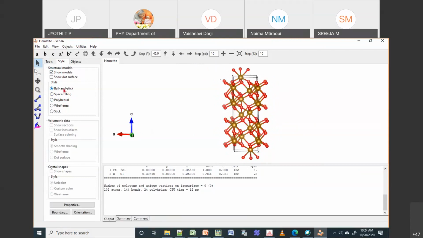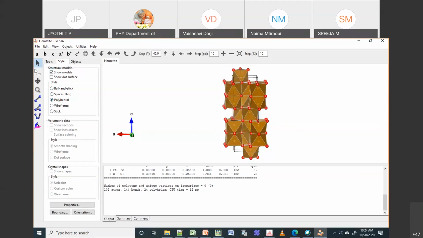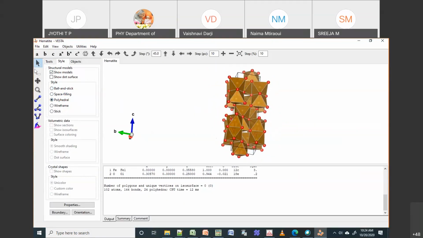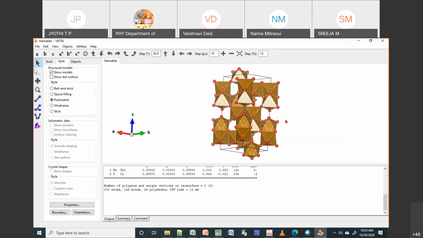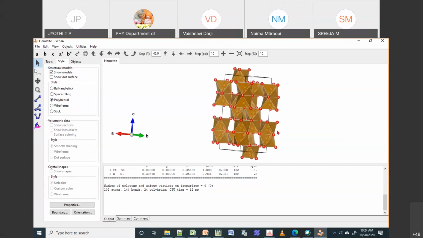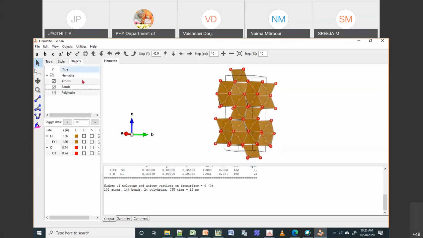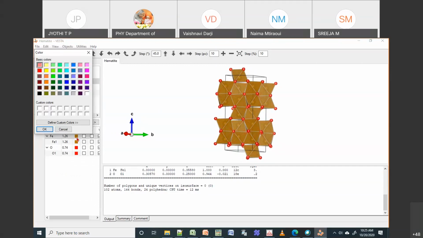So I can change from balls to space filled, and then I can also go for polyhedra. So with polyhedra, you can see it is putting some polyhedra for iron atoms. Okay, and if I'm not happy with the color, I can go and change it in the object. If you want to change the color of atoms, you click on this atom, and then I will change this to some blue or green, whatever you want.